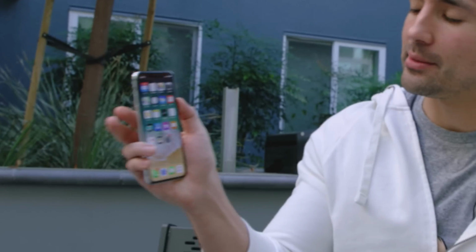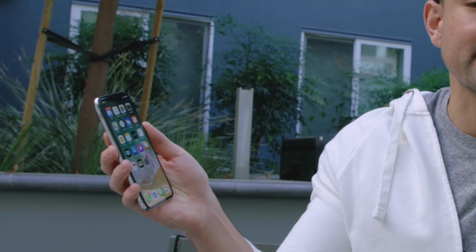From there, to address a couple questions you might have with the lack of home button on the iPhone X, how do you access Siri? You can do that a couple ways. One, by holding the side button. Or you can just simply say, hey Siri,